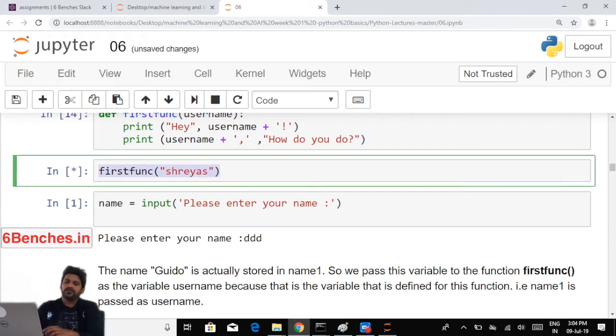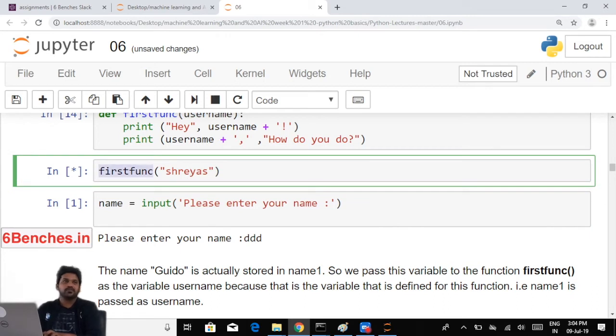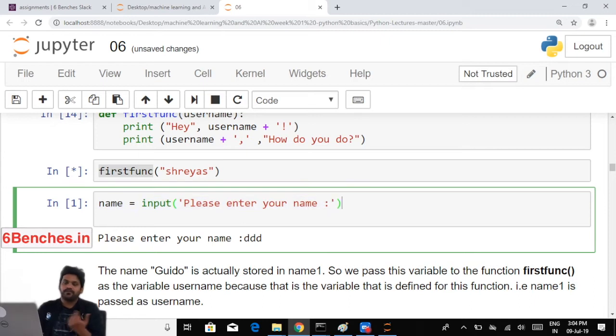Now what I want to do is take the user's name, store it in a variable called name, and then pass that particular name to my first function. First I have used my input function and taken input from the user, and I'm storing it in a variable called name. The string that the user inputs is being stored in the variable called name. Next, I want to use this first func and pass whatever the user entered there. So if I execute this,